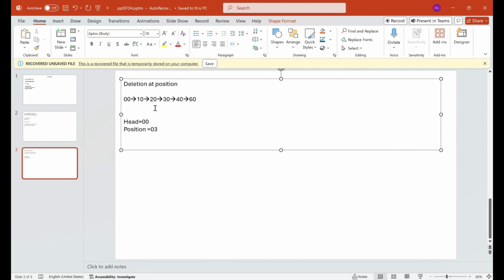Until we reach this position, and then we will link these two, current dot next to this one here. So one more condition that we have to check: in the previous example, to insert at the position, we checked current is not equals to null. Here we also have to check current dot next should not be null too, because when we are deleting,